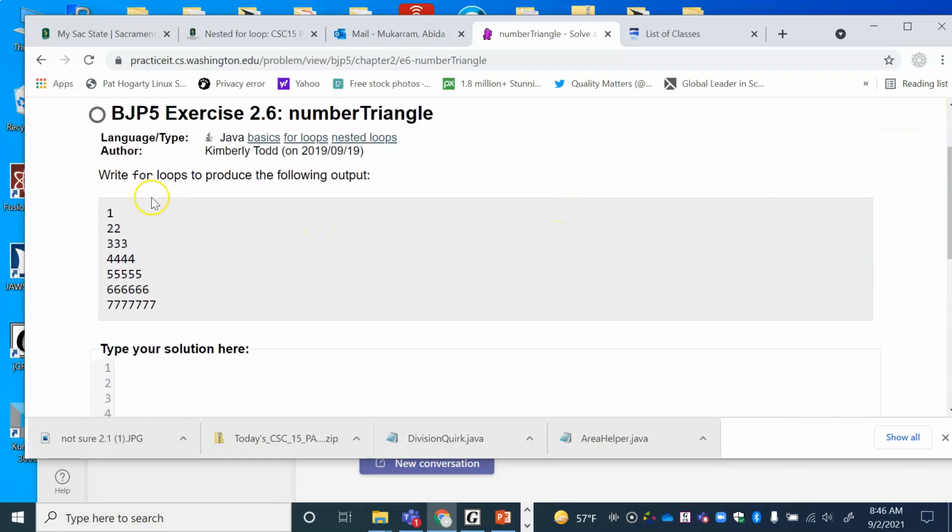So instead of stars, what we are doing is numbers. So 1, 2, 3, 4, 5, 6, 7. And here I can do for integer row equals 1, row less than or equal to 7, row plus plus, and then I have to go into the inner loop: for integer column equals 1, column less than or equal to row, because it's going to print 1 time, and then column plus plus, and then here I'm going to do